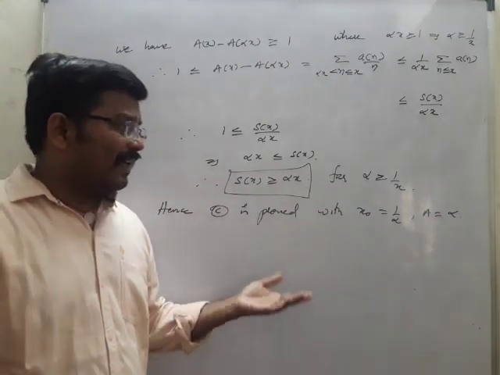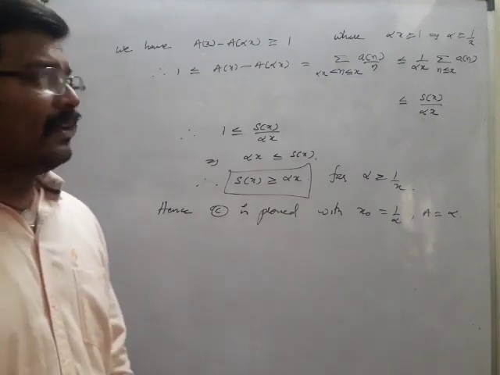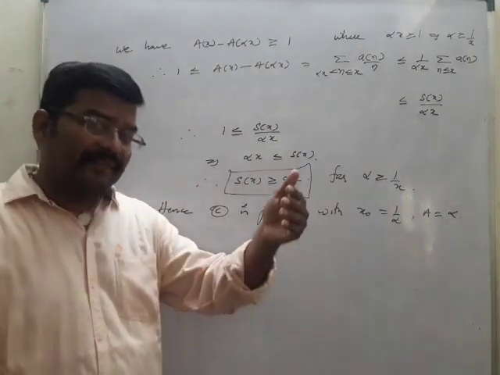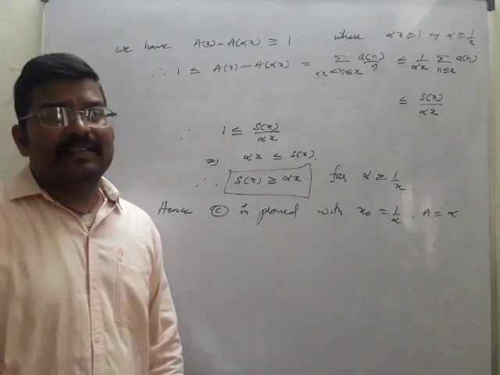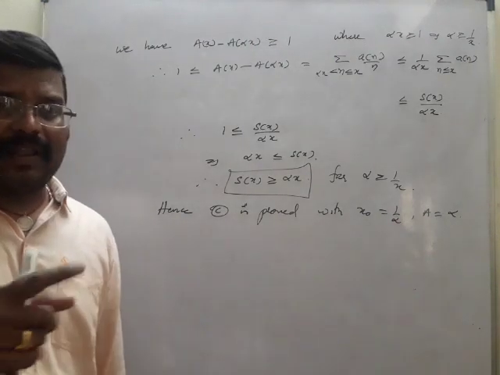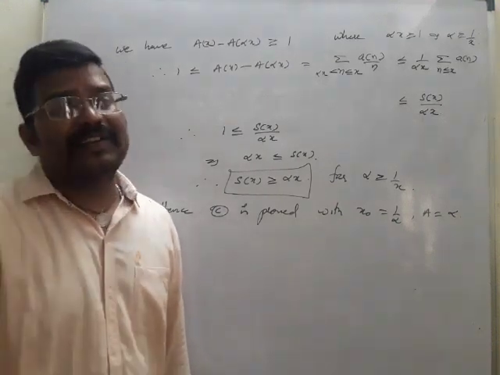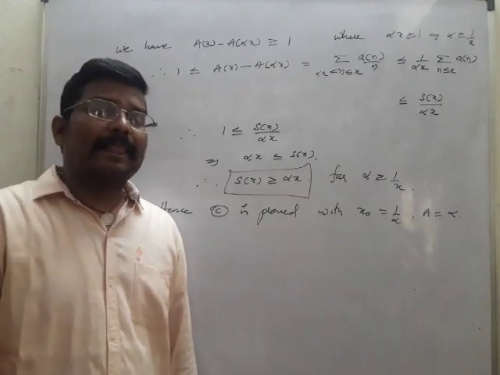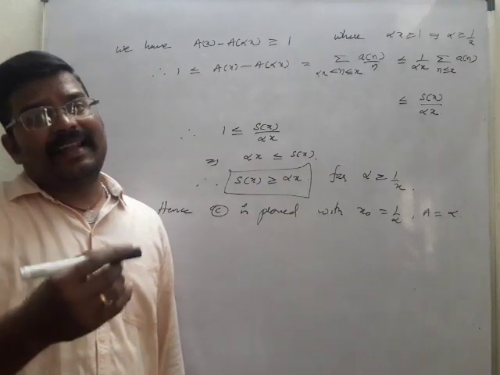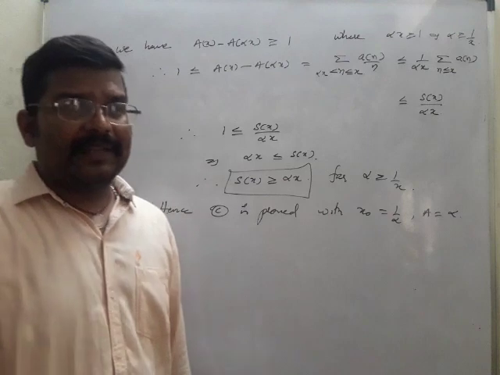In the next class we'll try to prove the application of Shapiro's theorem, such that how we are going to apply this Shapiro's theorem for various inequalities. That we'll find out by taking some values like lambda n. We may replace some values in the theta function, the distribution functions, all the functions, and we'll try to find out how Shapiro's theorem takes place. That's called an application of Shapiro's theorem in the next class.